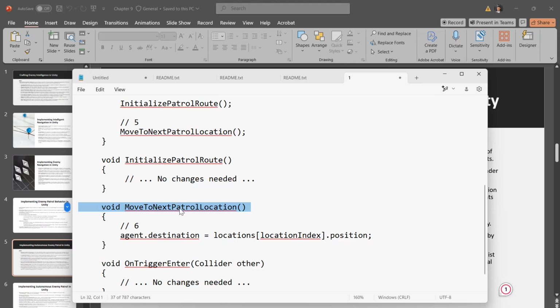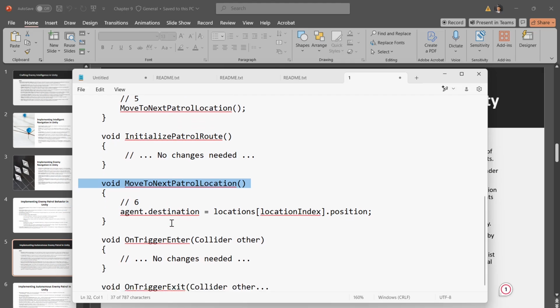The enemy's destination is set to the position of the current patrol point. The NavMesh agent takes over from here, moving the enemy towards the destination using the most efficient path calculated based on the NavMesh. And the patrol route cycle, which is the logic for cycling through the patrol points and moving the enemy sequentially from one point to the next, involves checking